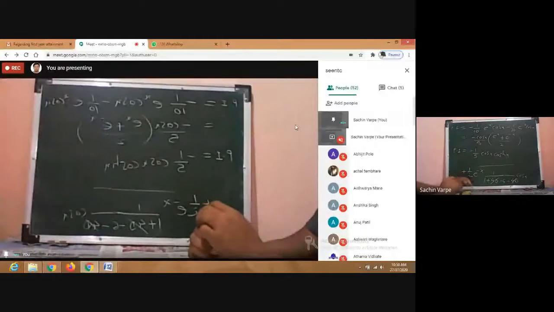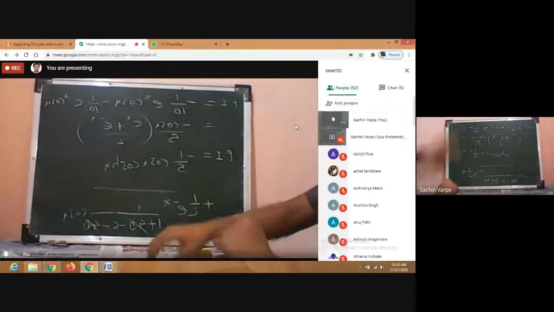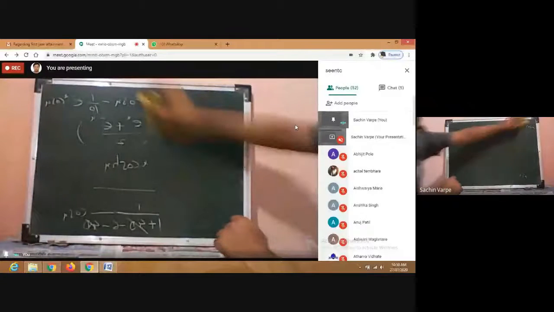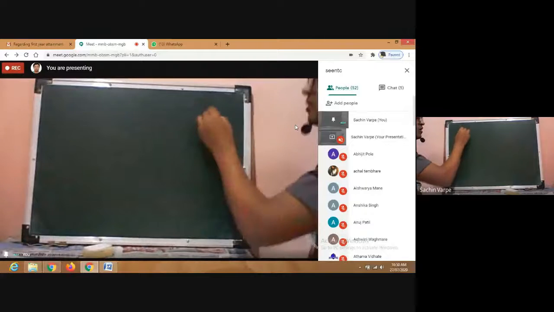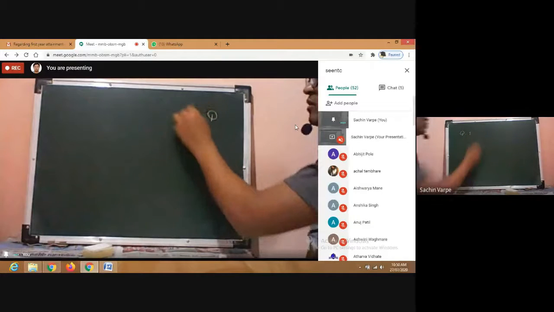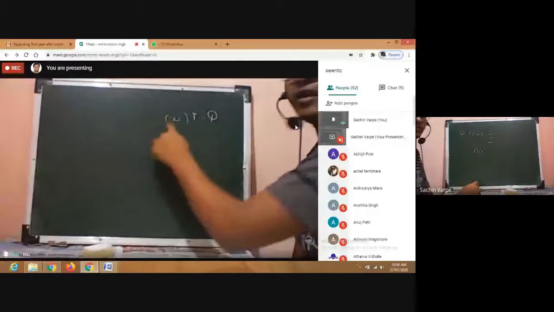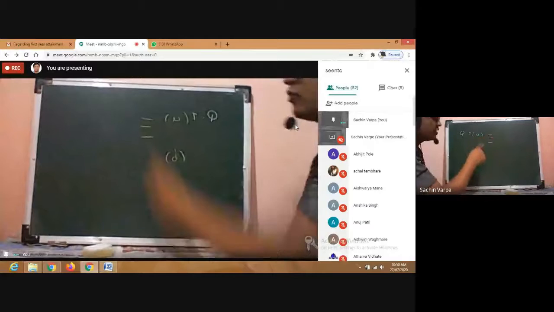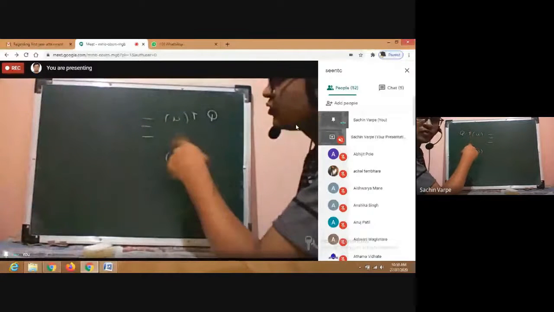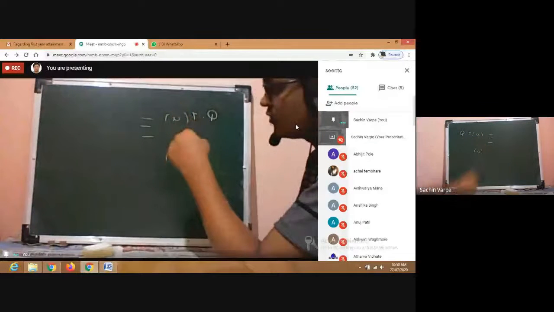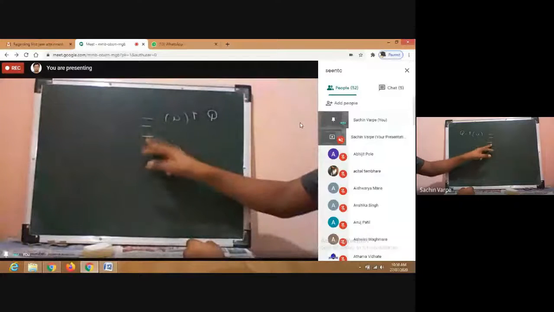Because as I said, in the earlier 2015 pattern, these questions were asked for 4 marks. Like in the final question paper, question number 1 was having 2 subparts, A and B. In A, there were 3 LDEs for 4 marks each. And out of these 3, students have to solve any 2, isn't it? For 8 marks. So out of those 3, one was compulsory.